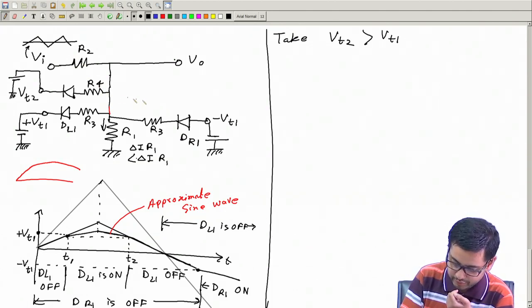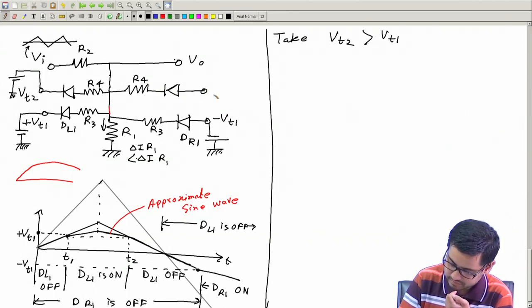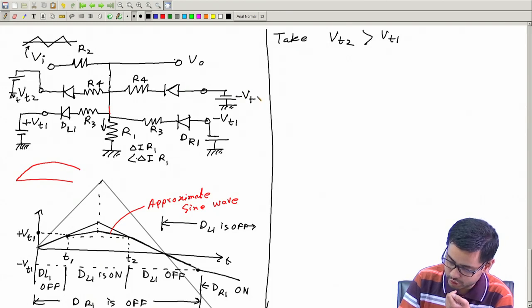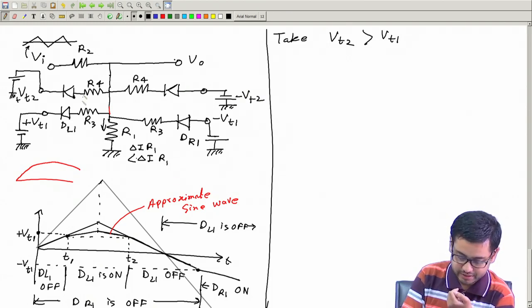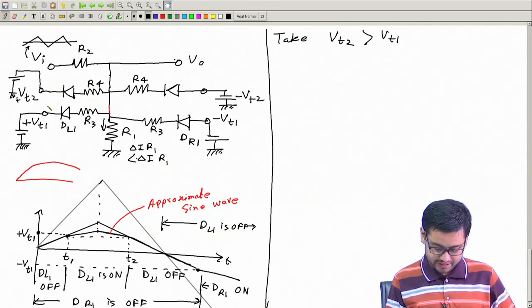And I will take another similar branch in the opposite direction. This will also be R4, diode, and this is VT2 plus, so this I will take minus VT2. A symmetric arrangement, but more number of branches. So now what will happen is this,